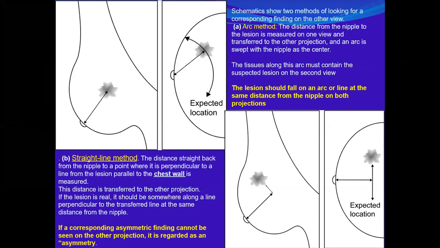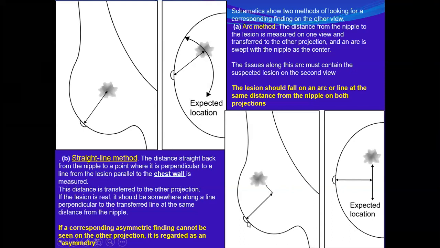Okay, if it is a focal asymmetry, it is expected to be visualized along this arc. If you could not see it, that means it is an asymmetry. And the other method is the straight line method. Again, from here, you make a line